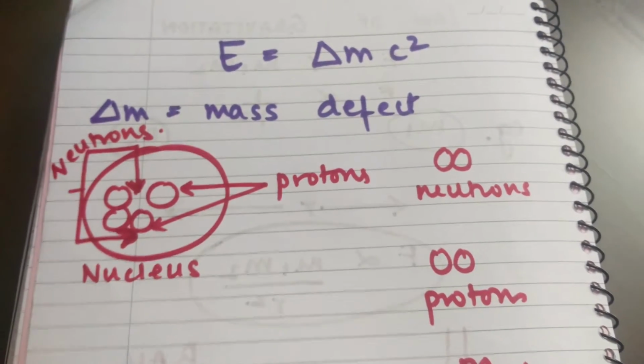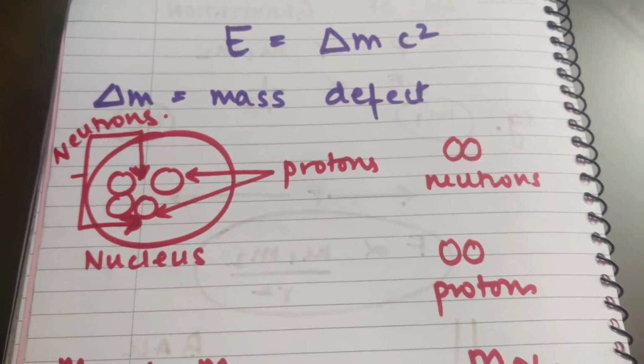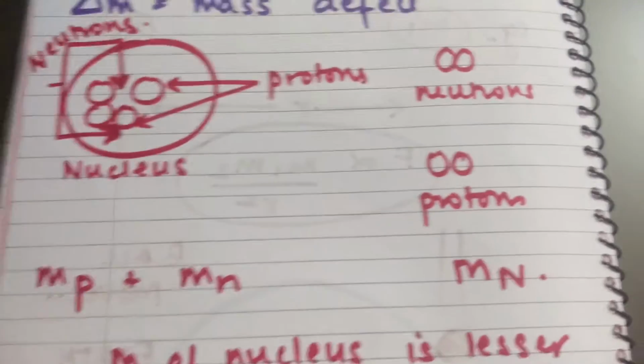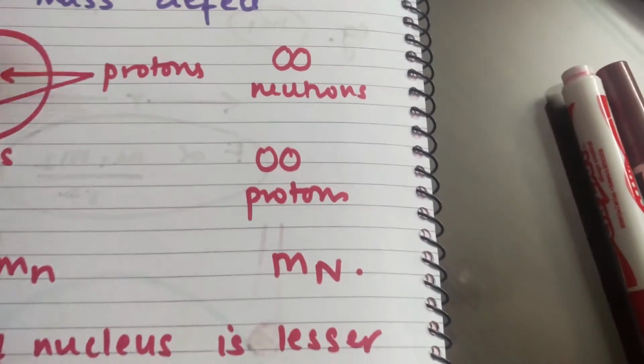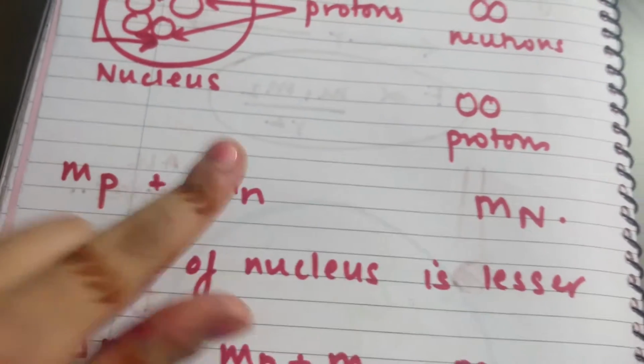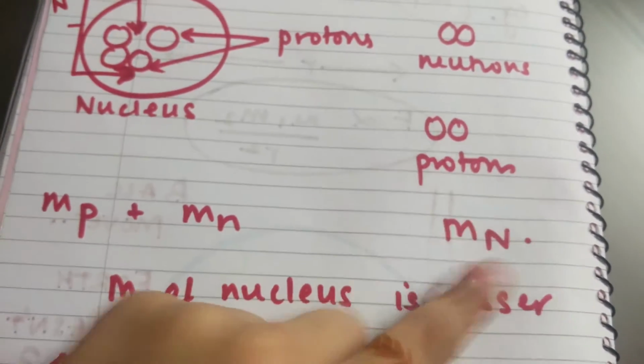To understand what the Δm in the equation is, we know E is the energy and c is the speed of light. We are going to consider this simple example. Say I have a nucleus that has 2 neutrons and 2 protons, and I'm measuring the mass of these 2 neutrons and the mass of these 2 protons separately. Mp is the mass of the protons, Mn is the mass of the neutrons, M capital N is the mass